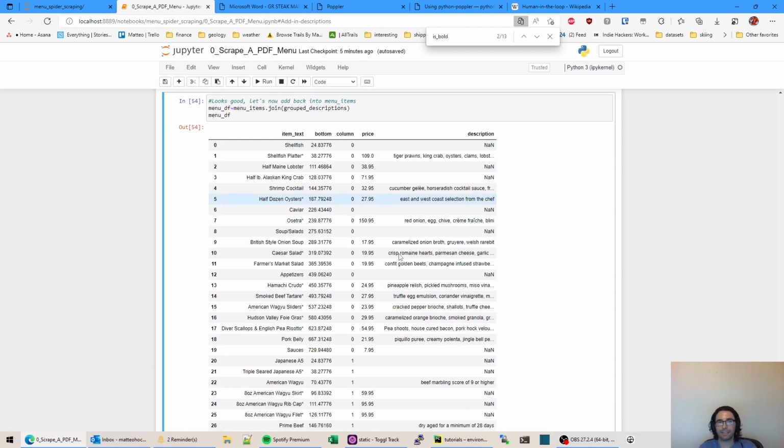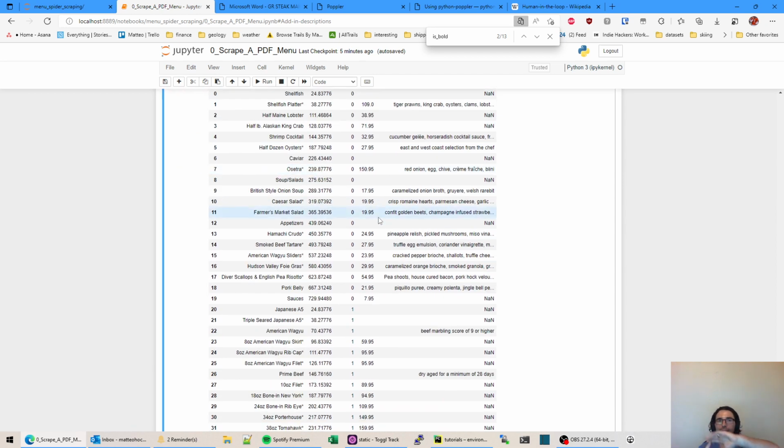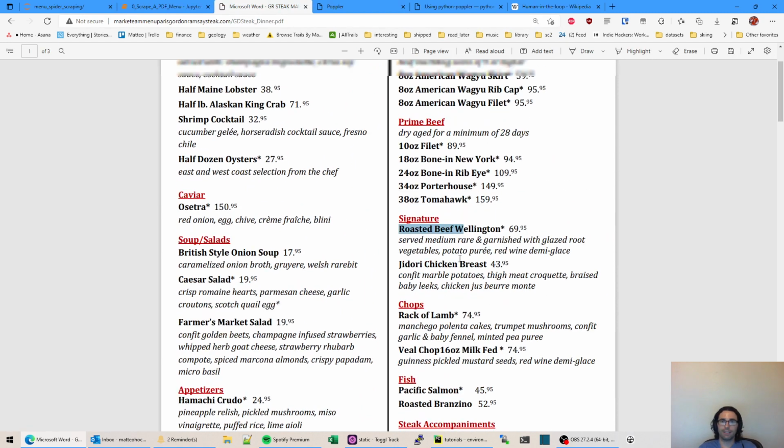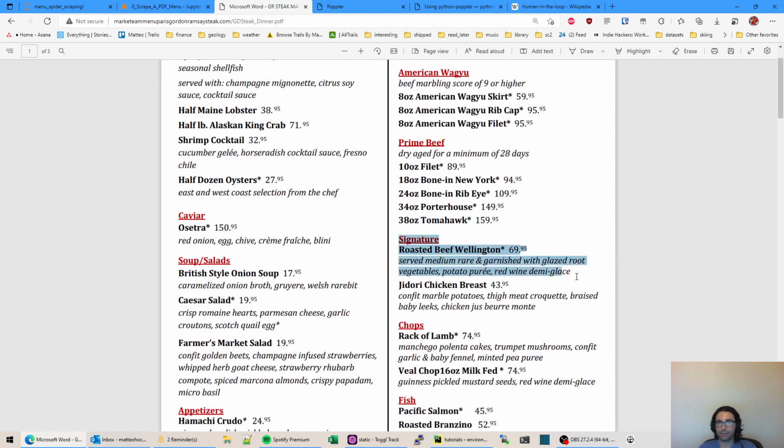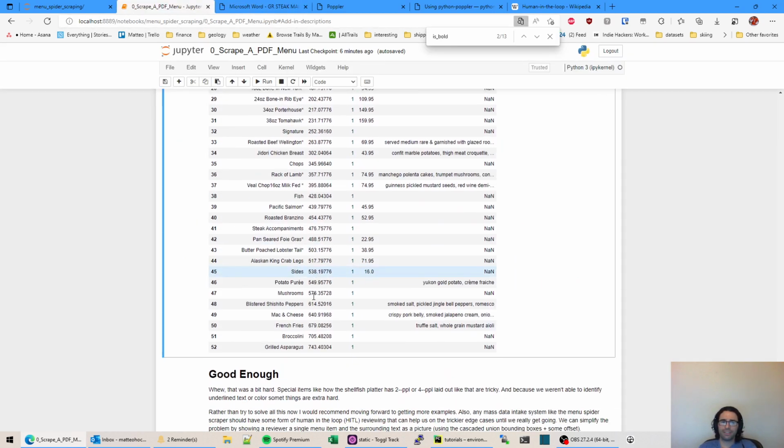So as it gets more sophisticated, you could show a snippet of an image. Maybe we're trying to say, hey, is our roasted beef Wellington correct? And then we would be able to take our bounding box information, generate a small image, and then give that to a person or some other model to fill in the blanks there. So yeah, perfection is never